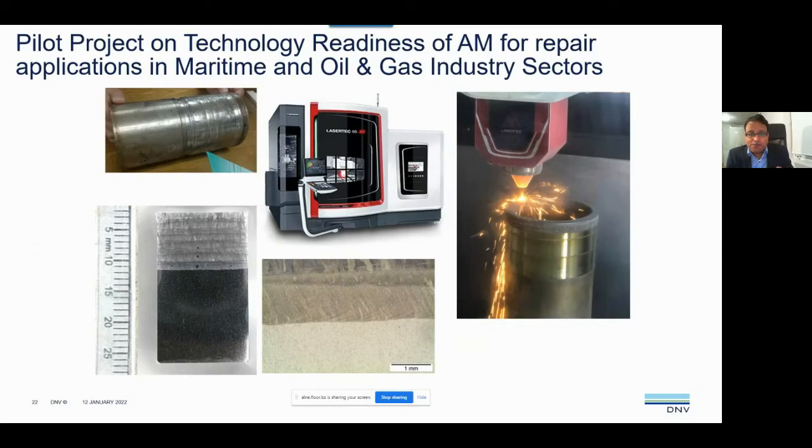So just some examples. This is one from the repair add of Samkaran. When they showed that, some of the sleeves, for example, are not worn out completely, and they have to throw the piece. So we said, why don't you cut? Sometimes it's only worn out for 10%, sometimes 60%, and if you grow that within an hour, and you cut